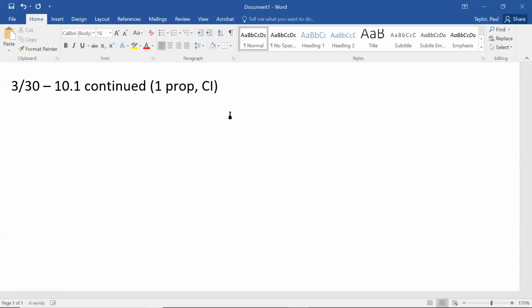hypothesis tests. So our last confidence interval example, I'm using numbers from the 2018 midterm elections. There was a CNN exit poll done on the night of the election, and they asked lots of people lots of questions. But one of the things they asked people they talked to in Pennsylvania was who they voted for senator. So this is the Pennsylvania Senate vote, which was Bob Casey versus Lou Barletta.